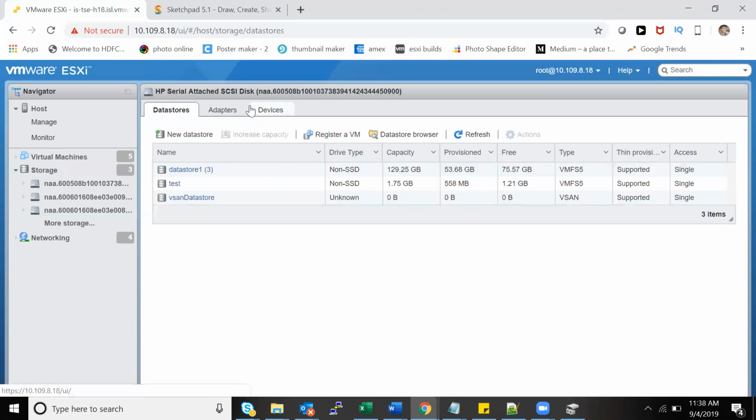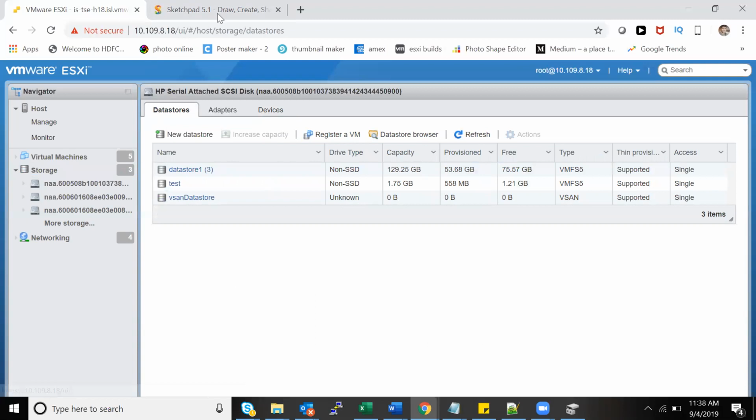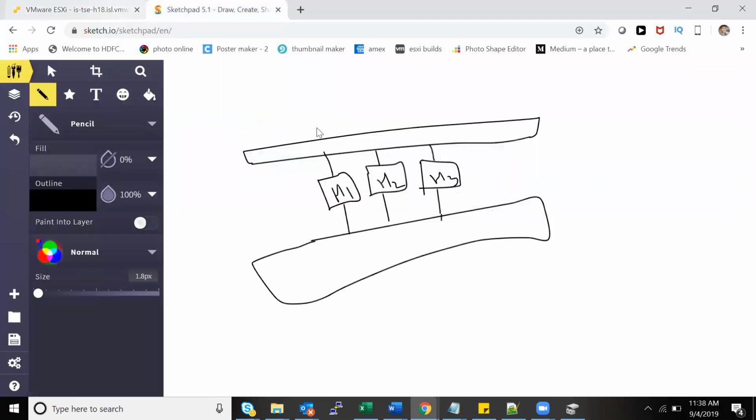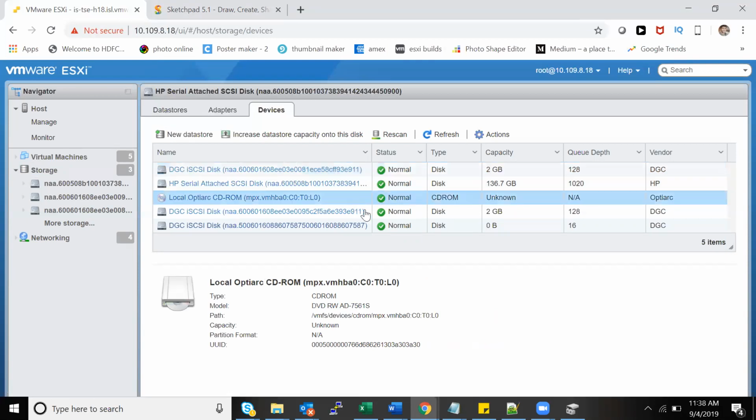Something is missing, a partition issue. That goes in the technical troubleshooting of VMware. Don't worry about that. If it's not even visible here in the LUN list, then that means there is something related to the storage side, right? Yes, that's what you are saying. Correct, I agree with you.